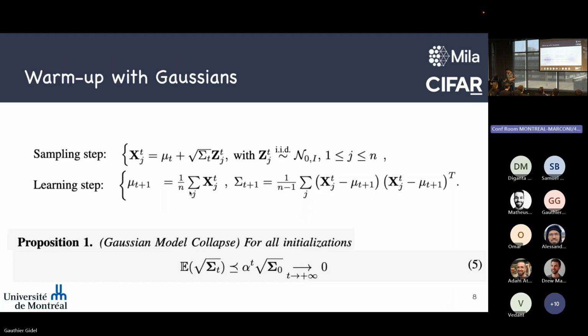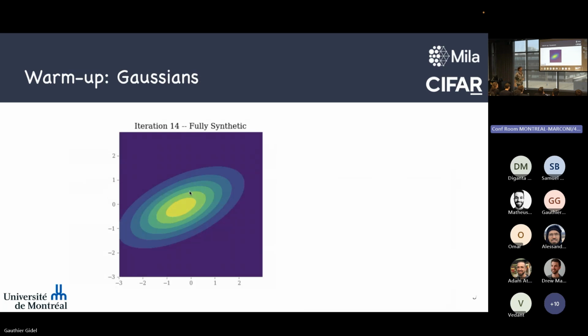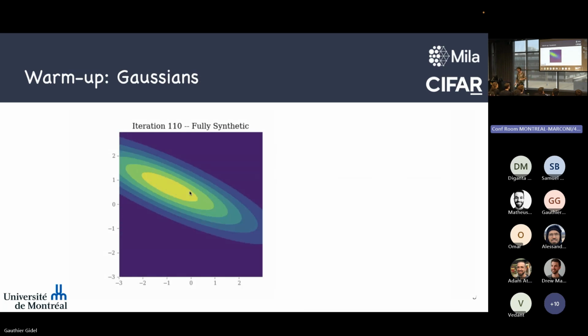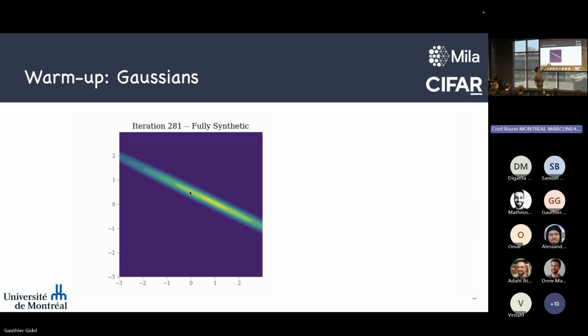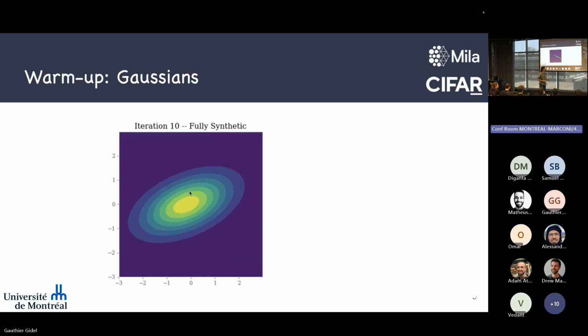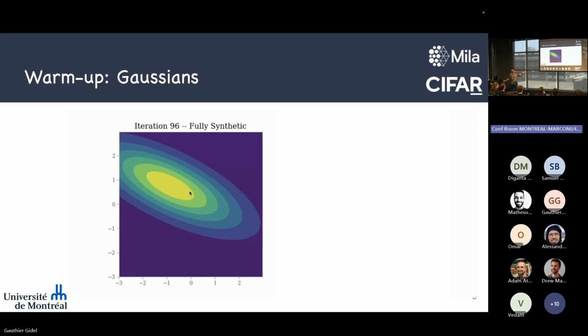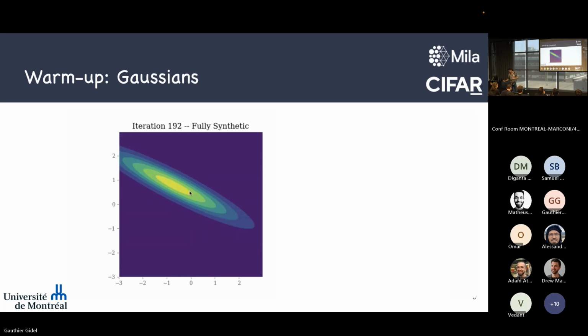Okay, so we were at this warm up. Great. So just to give you a visual. Oh, this is really not working. On my screen, it is much better. But you have the value. So you see the Gaussian collapse, and once you have learned a Gaussian that is that flat, and you sample from it, it's going to be too late. So this illustrates the phenomenon. You can still see that the collapse is quite slow.